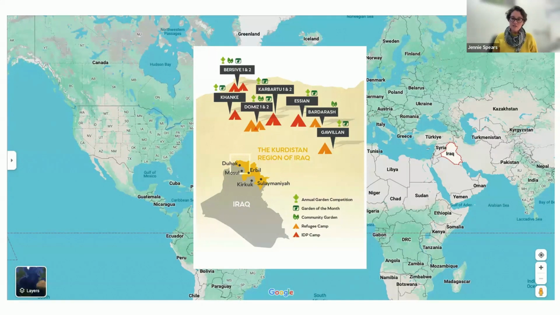So I'm going to introduce you to Azadî first of all, and then we'll go to Aveen and Rody. But I should say that it's getting on for early evening in the KRI, so we plan for this call to last about an hour today. We've had to choose a time in the day that's suitable for those joining us from the USA. Thank you very much. It's early afternoon here in the UK, but it's early evening in the KRI and the sun will begin to set in about an hour's time. So we just want to make sure that you've got a good view of both gardens while it's still light. So we'll try to keep to an hour.